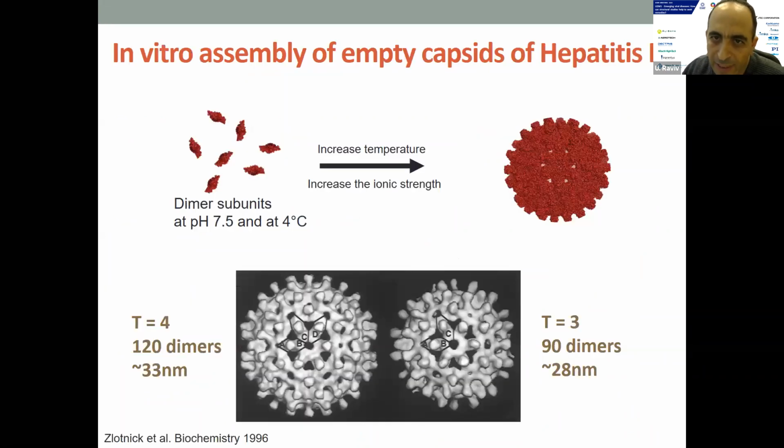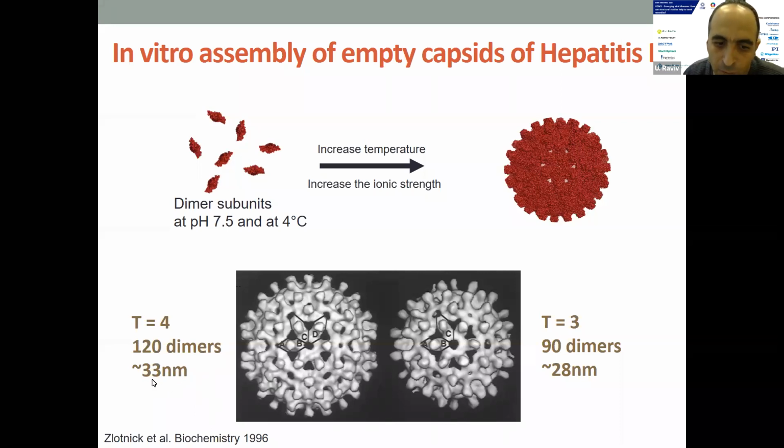So the goal of our study, in collaboration with Adam Zlotnick from Indiana University, who has studied this virus for years, was to study how the empty capsid of hepatitis B, a well-behaved, well-characterized virus, assembles. The pathway starts from the protein capsid subunits, which are dimeric, and goes all the way to the final capsid, which can have 120 copies of the same dimers, the T equals 4